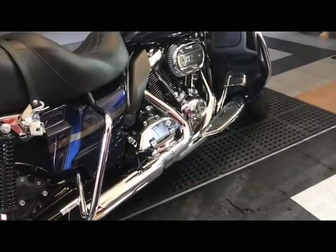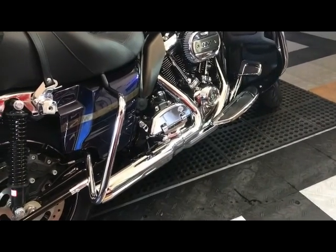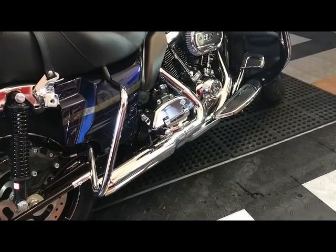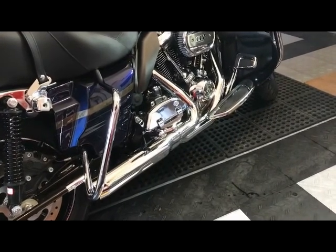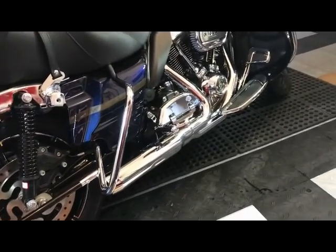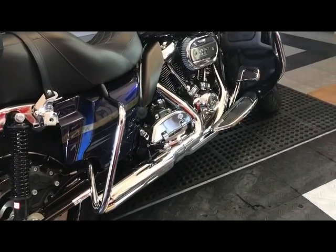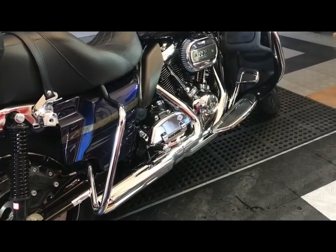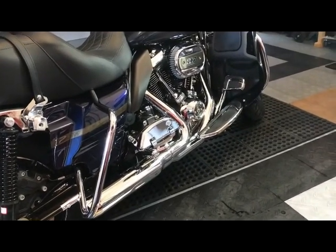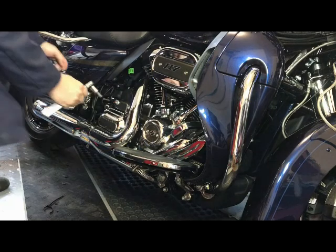So I think for the sake of 2 bolts, I'm going to take that rear floorboard off, because it's not a big job to take it on or off, just take off those bolts. Bike's brand new, so I'll have to find my Loctite. But in any case, not a big problem. That's our next step. So what we'll do is we'll take your 5/16 Allen